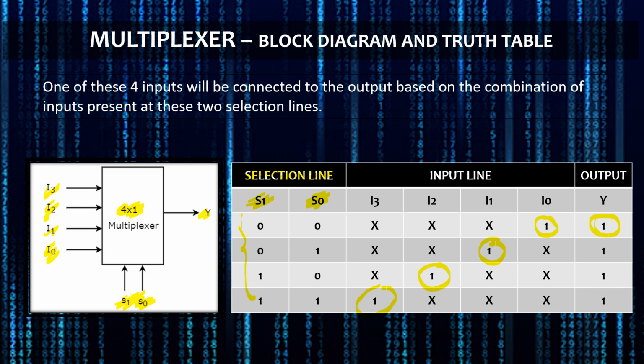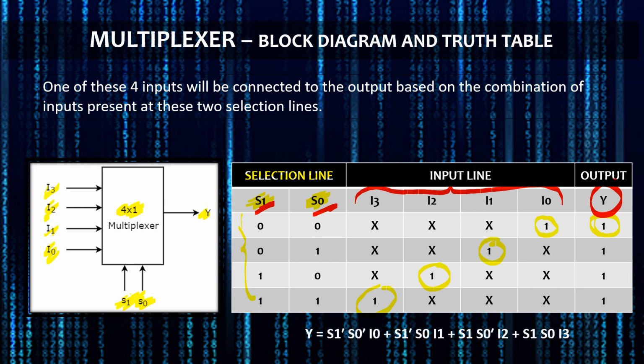So basically we have to keep in mind that in each gate we have to pass S1, S0 and any one from all these inputs, any one line will be selected, and based on that we'll get the output. So this is about the truth table, and from the truth table we can easily derive the Boolean expression. We have already learned how to derive the Boolean expression. If you don't know, then go and watch the previous videos on how to derive the Boolean expression.